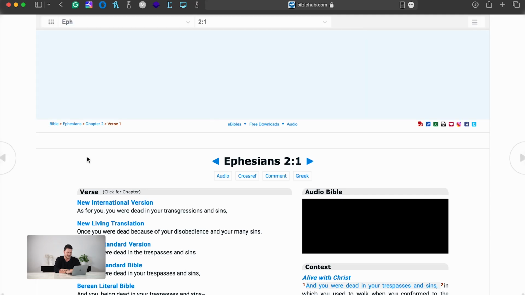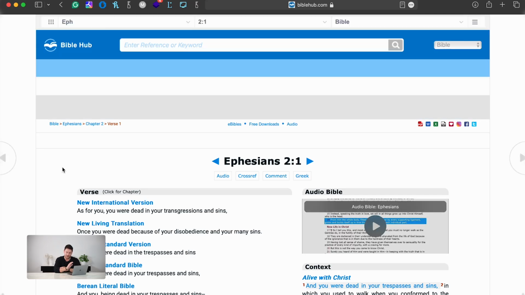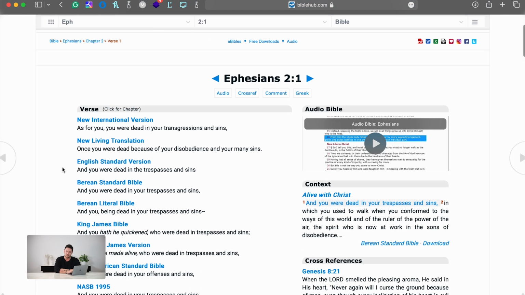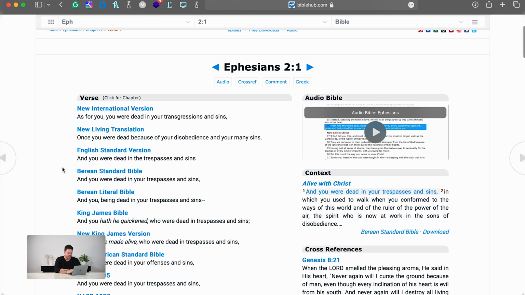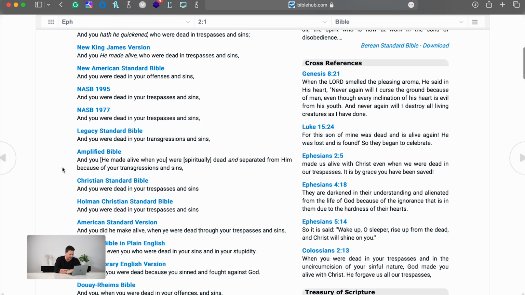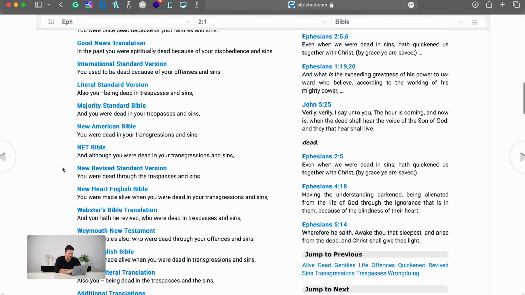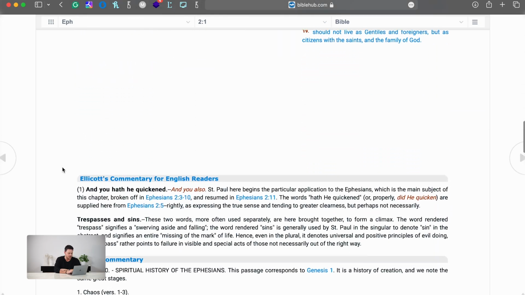Perfect. So as you see there, if you wanted to actually just get straight to this multi-translation screen, that would be the way to do it. Very cool. Now, I haven't scrolled all the way down this page yet, and there's more to see, so stick with me here. So if we go down even further, past all of these translations, and keep on scrolling down,